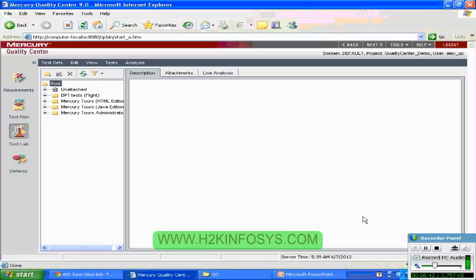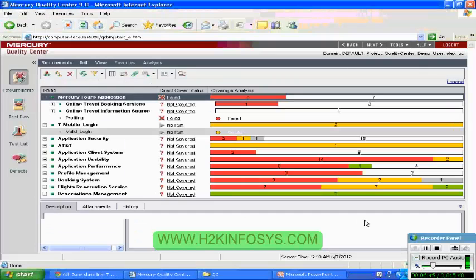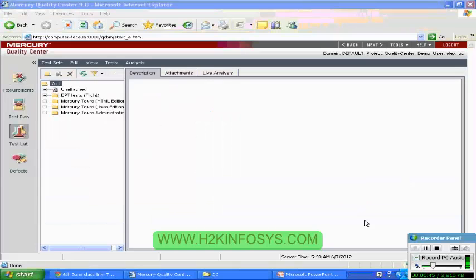Next is test lab. This is where the execution happens. Now a release is coming. The people say that we get a release next week, or tomorrow we are getting a new build. We need to execute all the regression test cases. So what you have to do, they will call